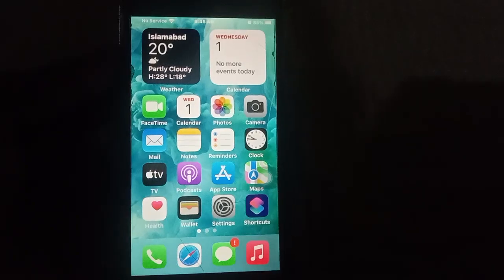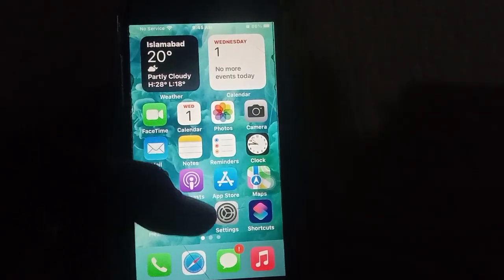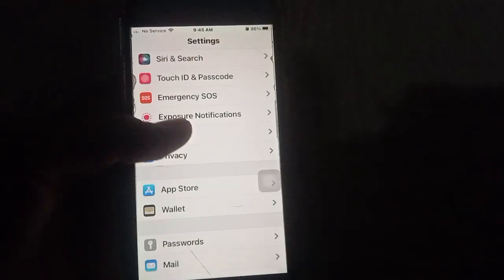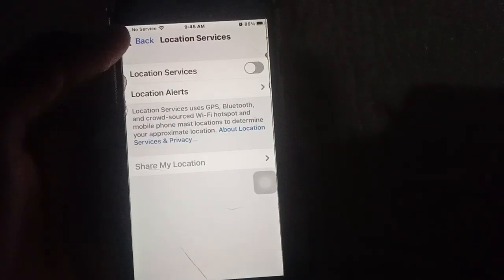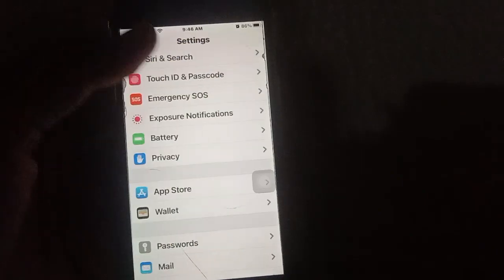If the second solution is not working, the third solution is to disable location services. Open Settings, scroll up, click on Privacy, then click on Location Services. You have to disable it; I have already disabled it. If the third solution is not working,